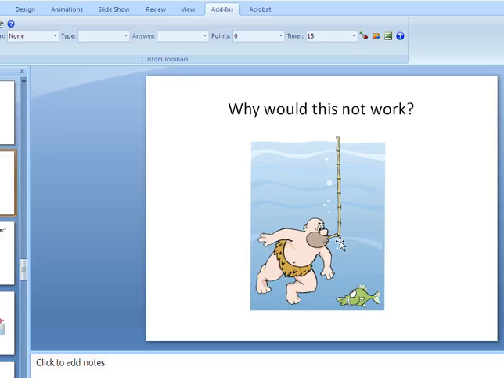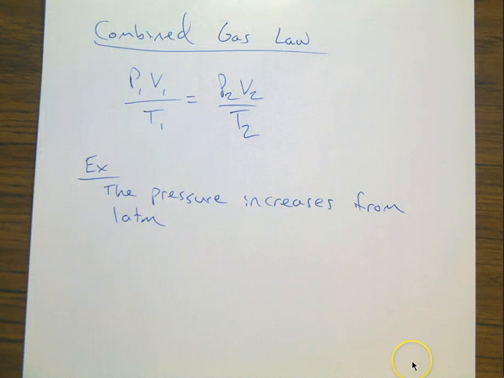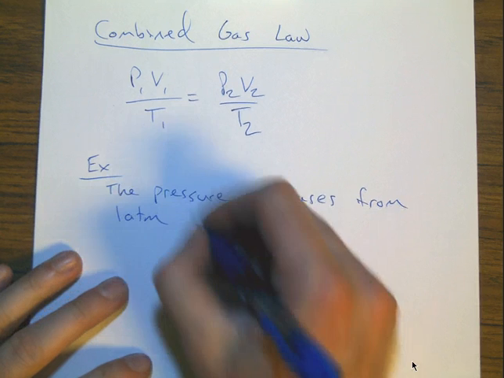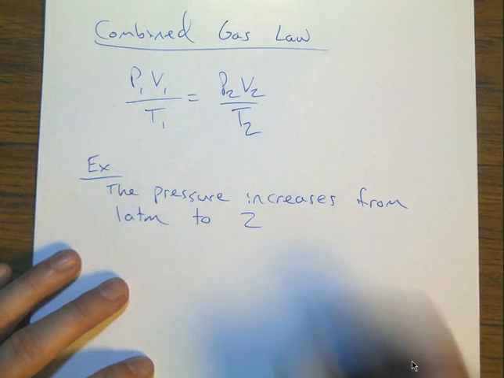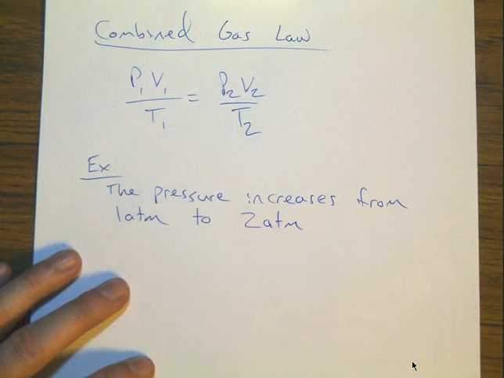So let's write a problem. This is an example problem with Mr. Bird. He's swimming, the pressure increases from 1 atmosphere, which is air pressure at sea level, and of course we're talking about his lungs,